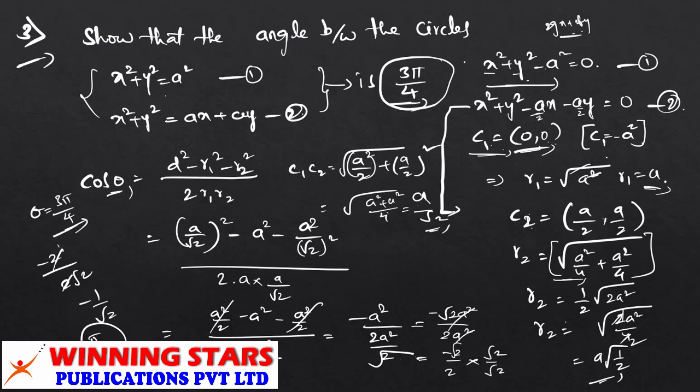Sir, how does 3 pi by 4 come from 1 by root 2? You have to do 3 into 180 divided by 4, like this. 4 fives are 20, so 3 times 45 is 135. So it is cos of 90 plus 45. Cos of 90 plus theta is equal to minus sin theta. So sin 45 is equal to 1 by root 2. That's why in total we have to take it like this, 3 pi by 4.